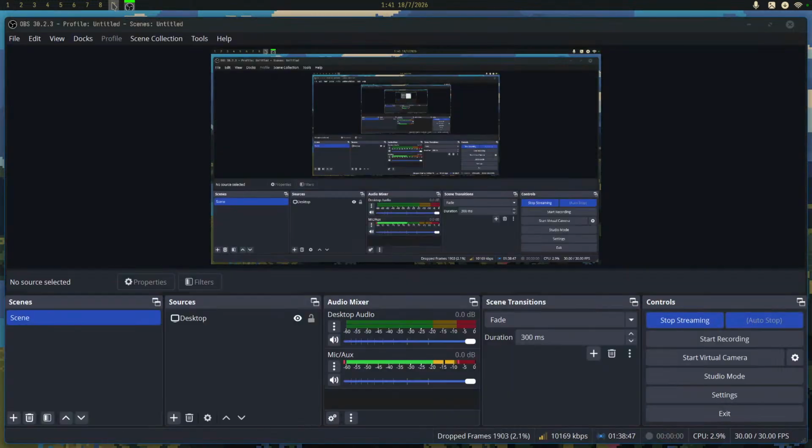How are we reporting on our OBS? Surprisingly, not too much. The CPU is just sitting on 3.9. Yeah, I can clearly see the lag on my mouse cursor.